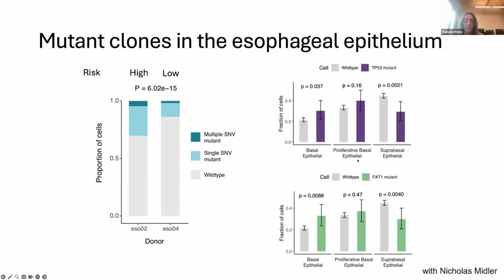And we also found that TP53 and FAT1 are the most frequently mutated genes across cells, mutated in up to 9% and 4.5% of cells in some donors. However, NOTCH1, previously reported as the most highly mutated gene in esophagus, was not well covered with PTA. These mutations in TP53 and FAT1 appear to affect cell phenotype. Mutant cells show an enrichment in more basal cells in comparison with wild-type cells, which show more cells in suprabasal stages.